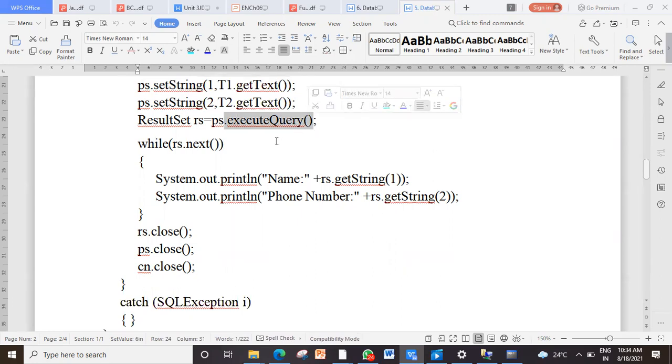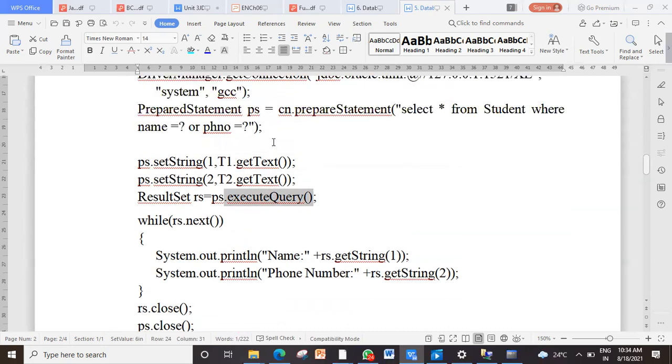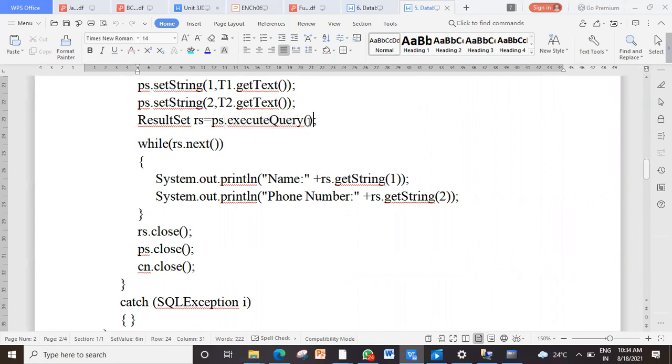You might have noticed the difference between statement object and prepared statement. In a normal statement, we create a statement without passing any value, and we pass the SQL statement inside execute query, where my cursor is blinking here. Got it?